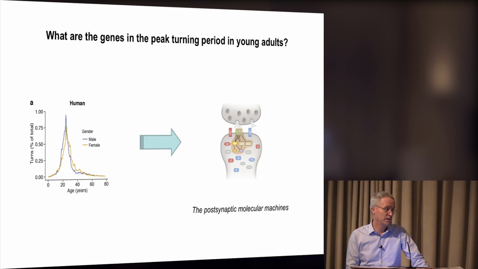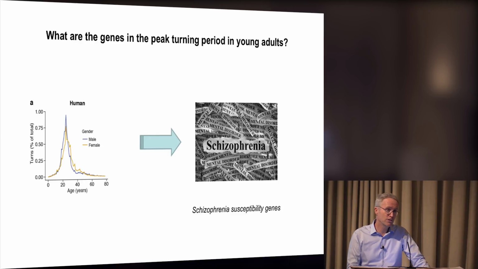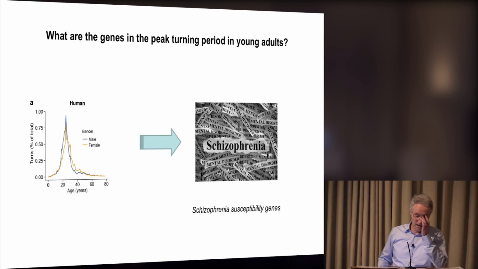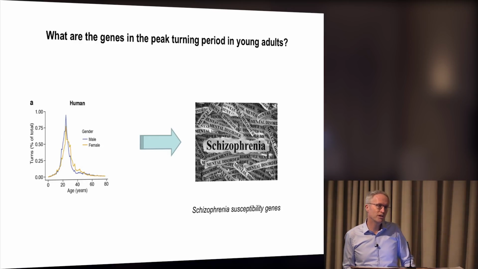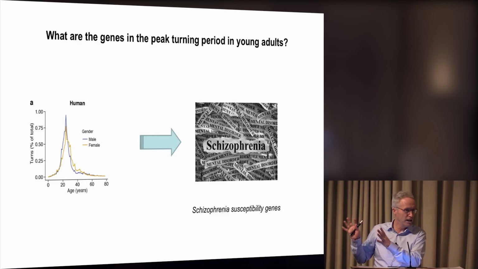We could also do more with this set of data. We could look at that young adult regulated set of genes, and we could ask in what way is it relevant to gene sets that are involved with various sorts of disorders. And we found that those sets of genes are highly enriched in susceptibility genes for schizophrenia. Now, I think I've already set you up for this, but schizophrenia, of course, has a young adult onset. It also has a female delay that is about 2 years,